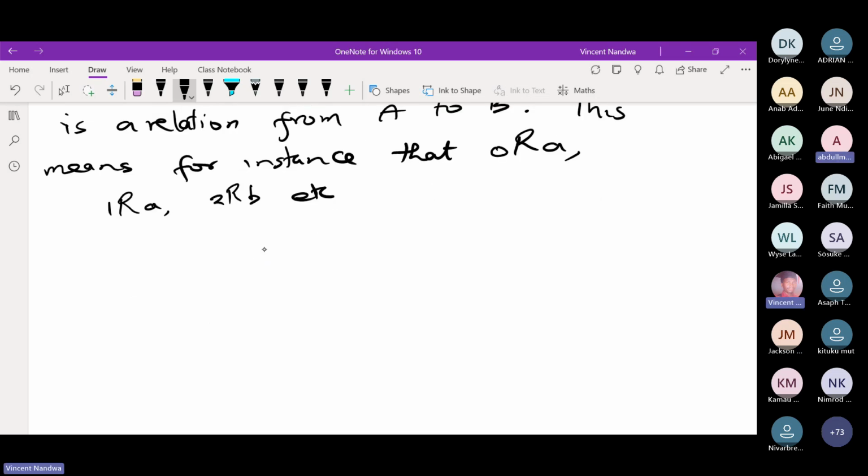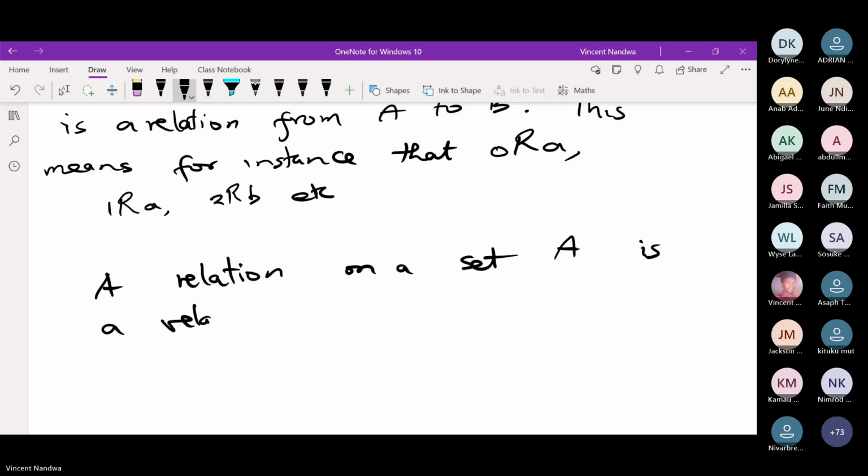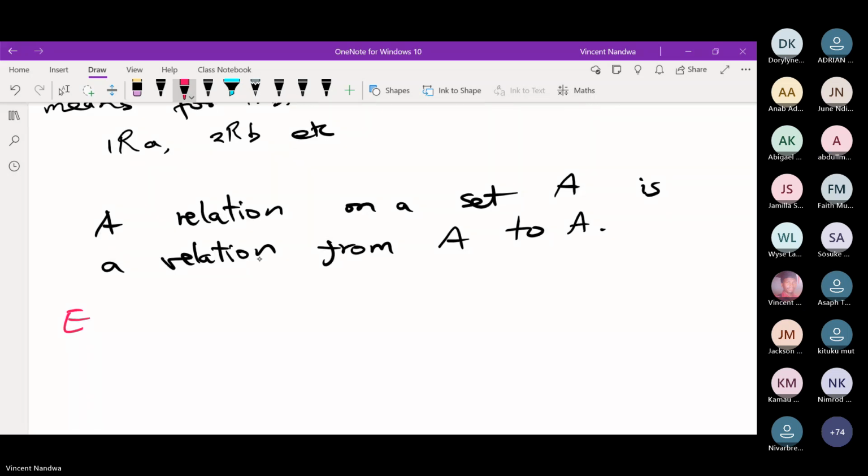Then a relation on a set A is a relation from the set A to the set A itself. So a relation from A to A is simply a relation on set A. So for example, if we let A be the set with elements 1, 2, 3, 4,